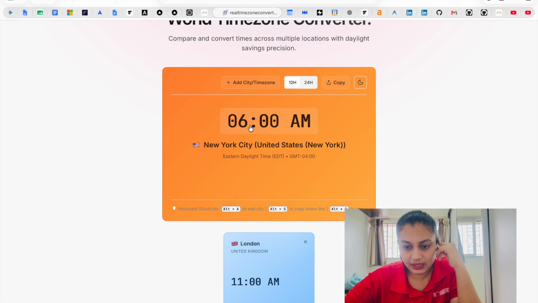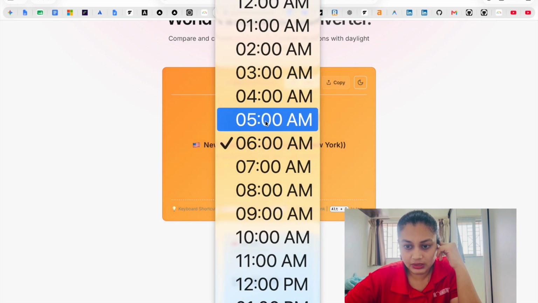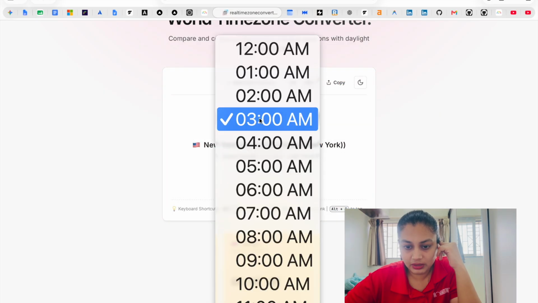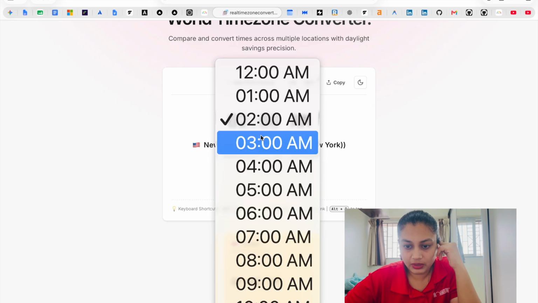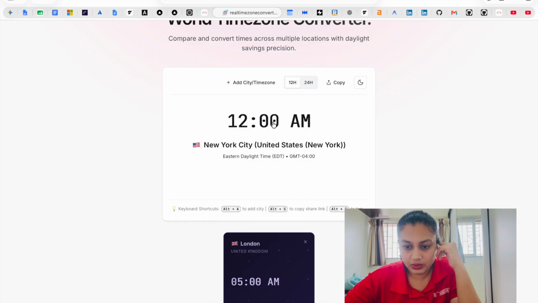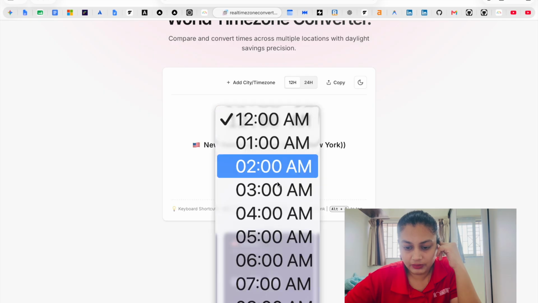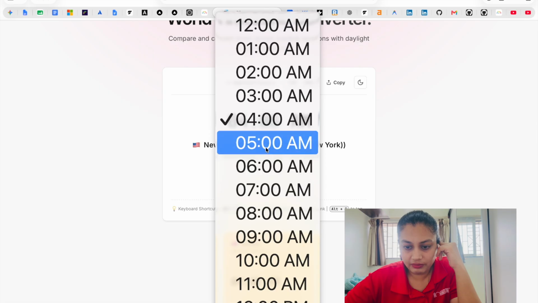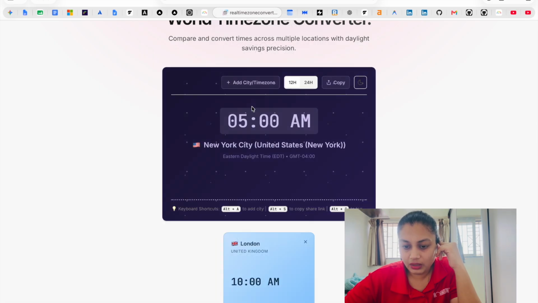Okay, so when I select 6 a.m. in New York City, I'm getting a background change, but for some reason, when I select 3 a.m., I'm not getting a background change. That is really weird. 2 a.m. also I'm not getting, 1 a.m. also I'm not getting. So that is really weird. 5 a.m. I'm getting.